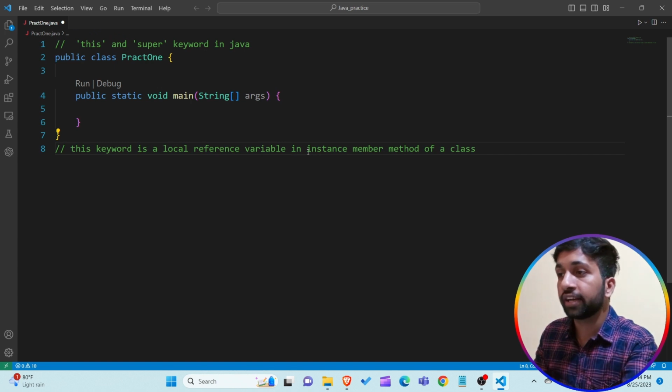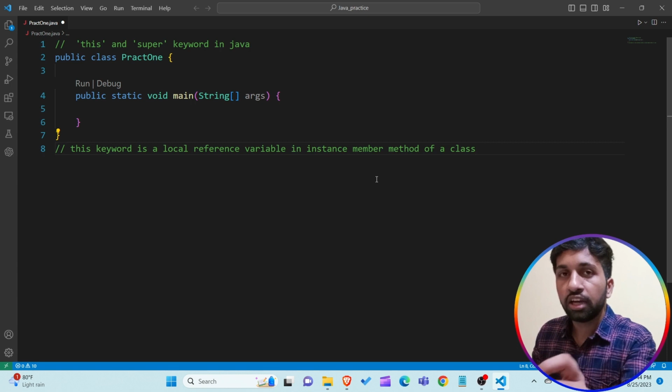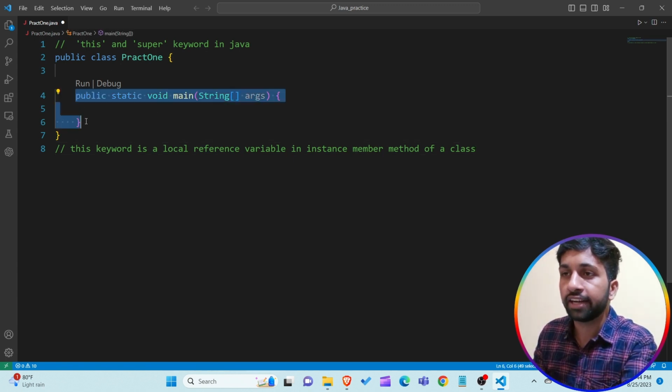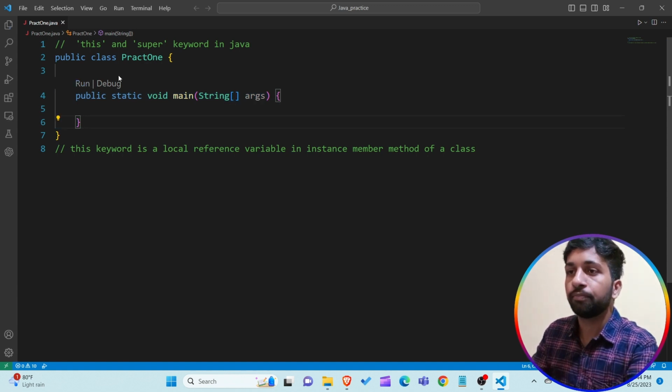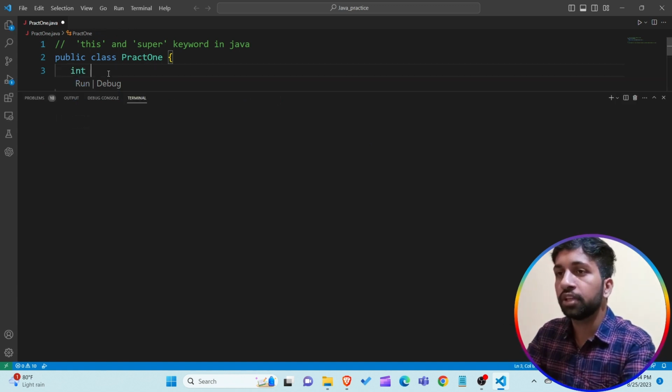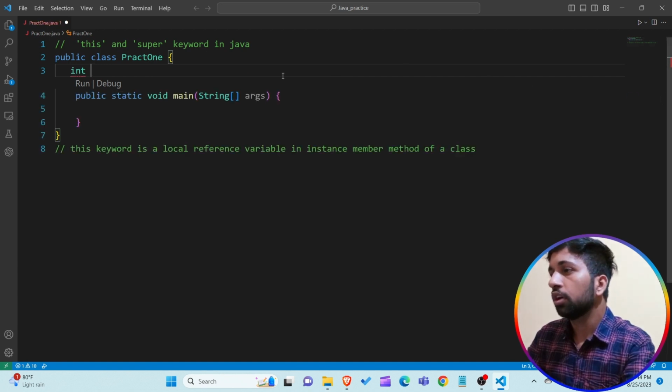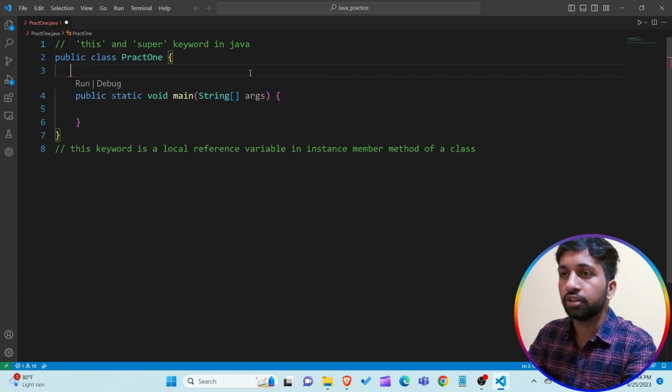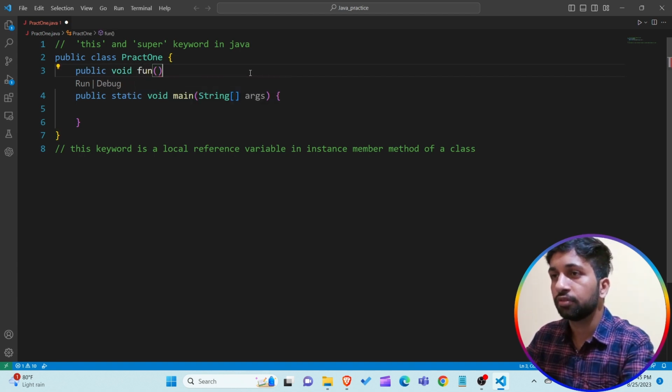Now I am talking about the second thing, that is instance member method. You know what the meaning of instance member method is? A method in the class which is not a static method. All the methods created in a class, for example in the Pract1 class I am creating the public static void main method. This method is not an instance method. If I am creating here any other method, for example public void fun,